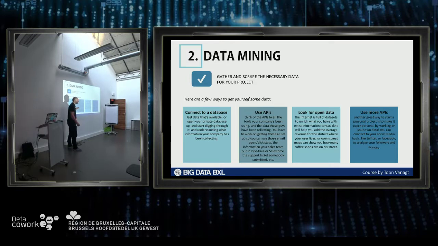Then use APIs, application programming interfaces. That's how servers talk to each other. There's an insane amount of very useful and cheap APIs out there to immediately enrich what your company has in its own databases. So you don't need to do all the structuring because it comes through the API. You call an API endpoint with a certain value, and you get a response back with a well-documented data set, where you know, now I can glue this element to that one in my customer database. I can enrich it,